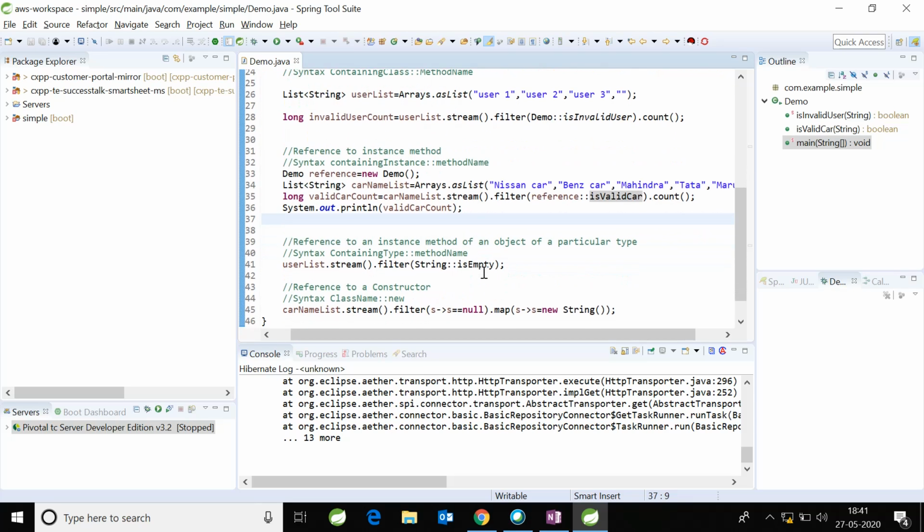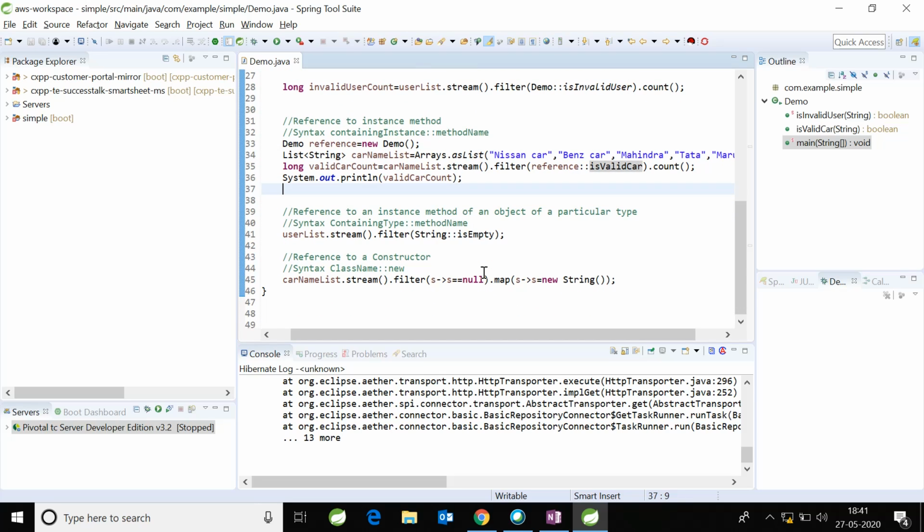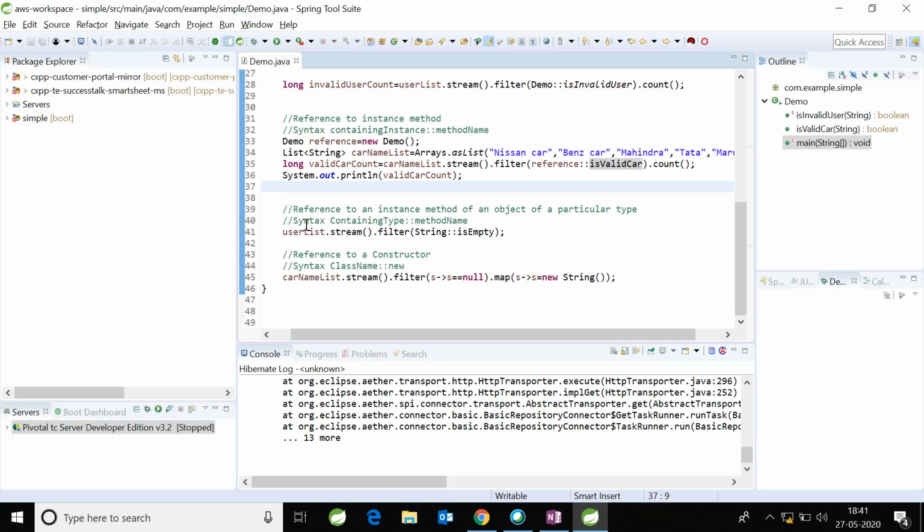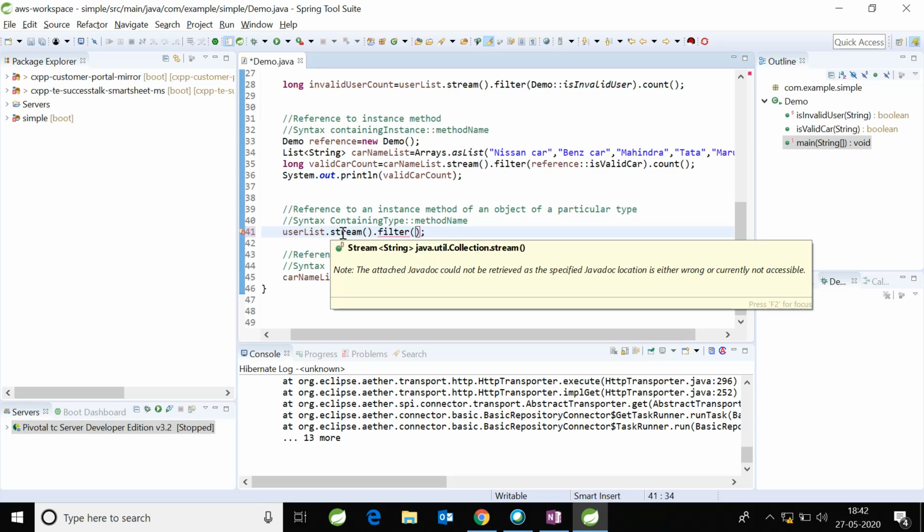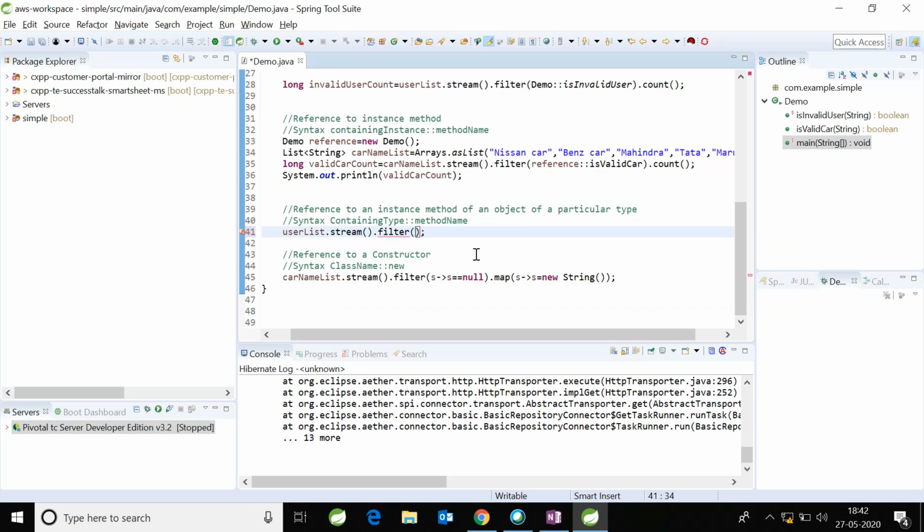Now we will go to the third variant, that is reference to an instance method of an object of a particular type. It has a syntax containing the type and the method name. Now the list which is streamed is of string type. Let me rewrite the isEmpty.